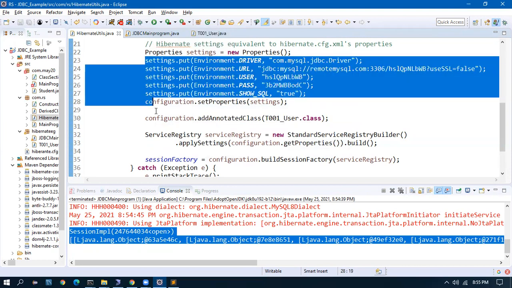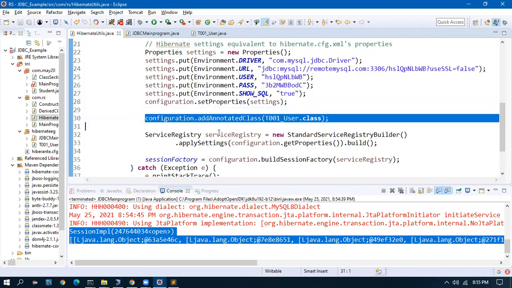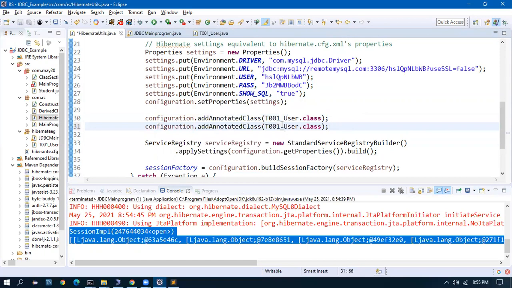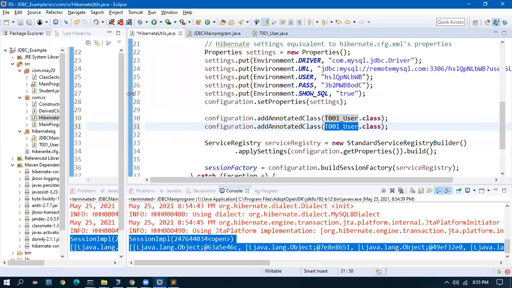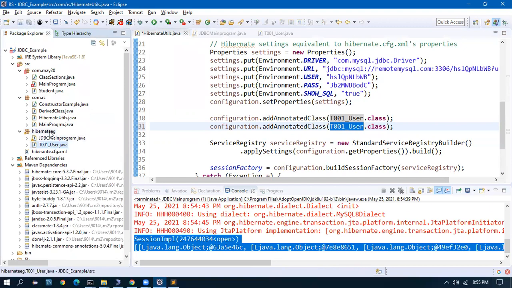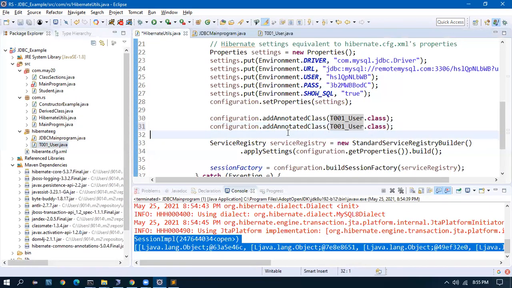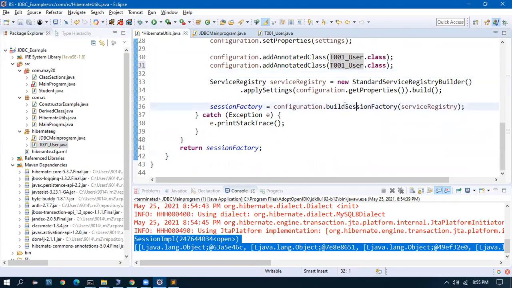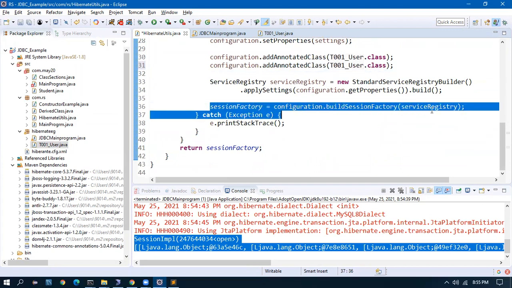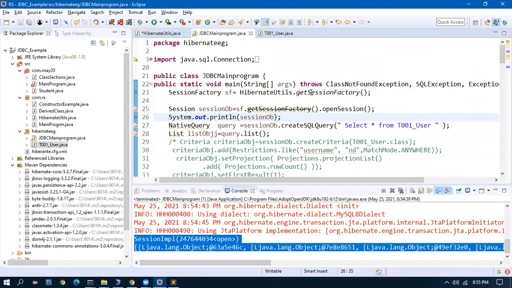Okay, so we wrote the configuration file and we added the class. By the way, I can add more classes to it. So tomorrow I'll show you that. I need to add one more domain class here as address. And here I should add the address.class. And that's all. The session factory will be built using this syntax. If we call this, Hibernate will automatically build the session factory. In the main program, we call the session factory. So the session factory is built.